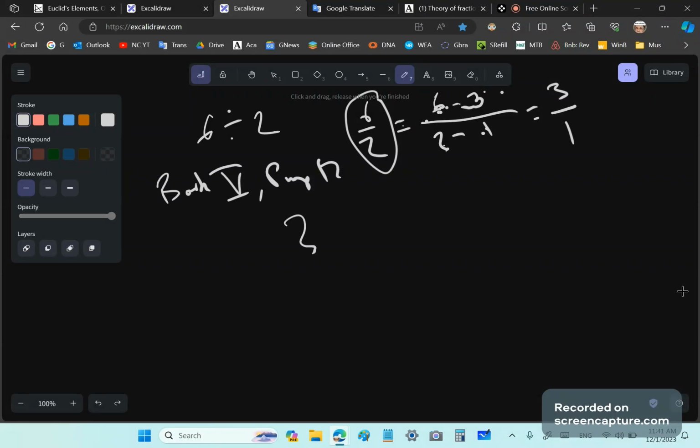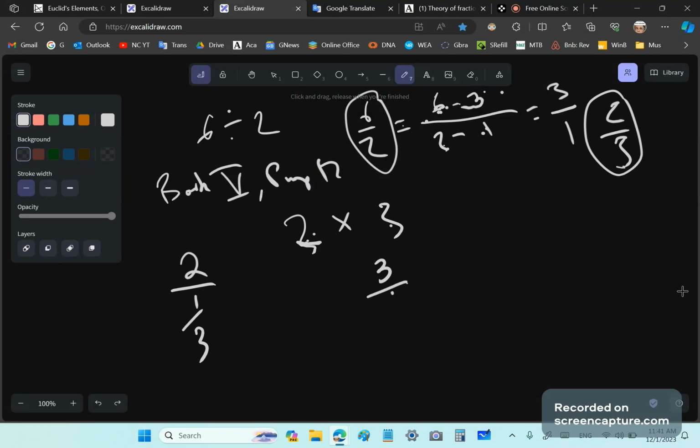So what does it mean if you say, for example, 2 times 3? We know 2 divided by 3 is just 2 over 3. That's the result. There's no more division pending there. It's finished. That's the number. Well, multiplication is a special form of division. It's a division in which we measure the 2 using the reciprocal of 3, or we measure the 3 using the reciprocal of 2. And if we do it this way, again, we use proposition 12 of book 5, don't we?